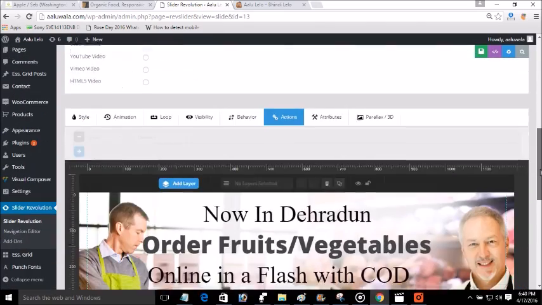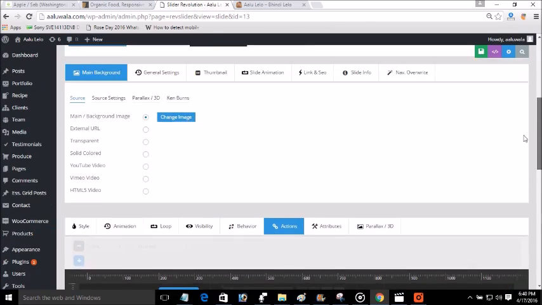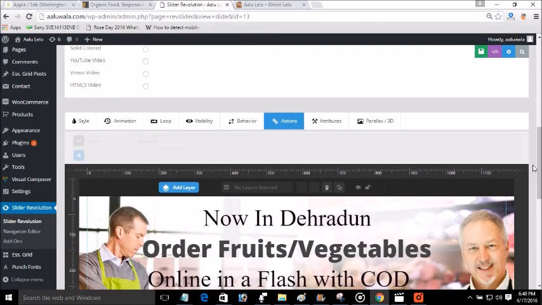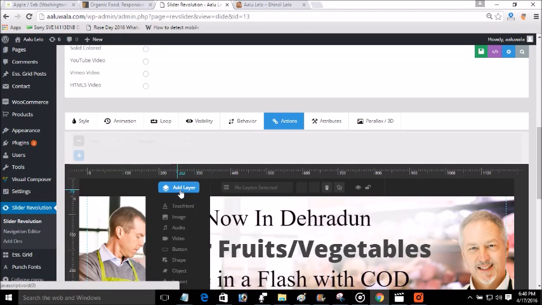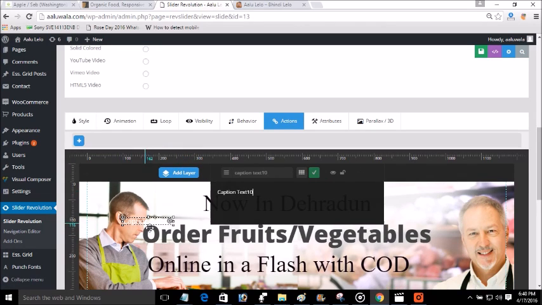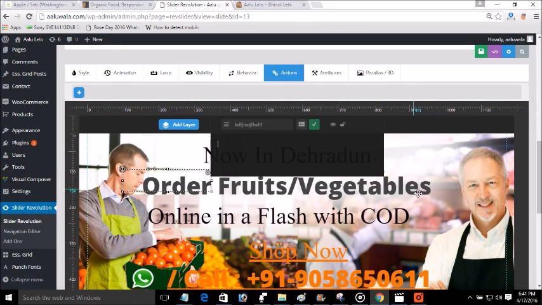Suppose I want to add a new layer, so simply click on add layer, and here you can insert the image and put the URL on that image, or the audio video button, everything you can use. Suppose I am taking a demo text to explain it in a better way. Suppose here I can write anything, so it will change. You can change the color and the fonts, everything. You can make it dynamic. So let's delete it because I have already done with this slider.